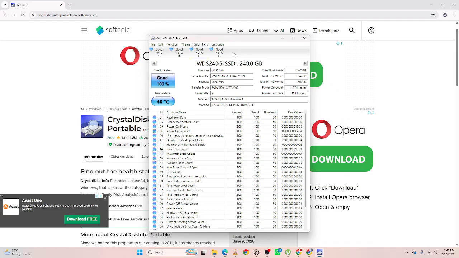And that's how to check external drive health with CrystalDiskInfo. By monitoring your external storage device's health status, temperature, and smart information, you can identify potential problems early and better